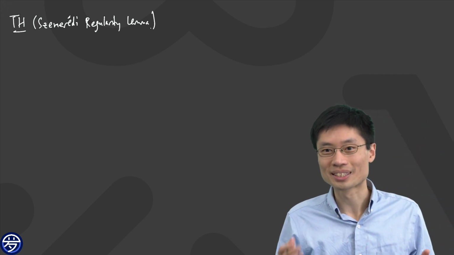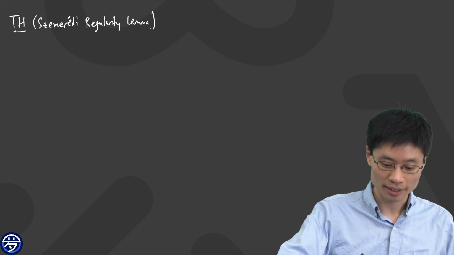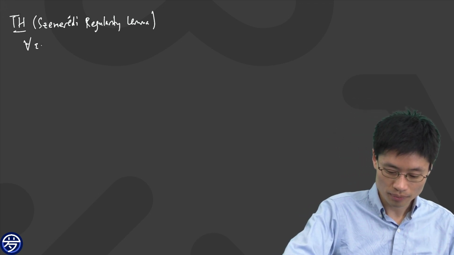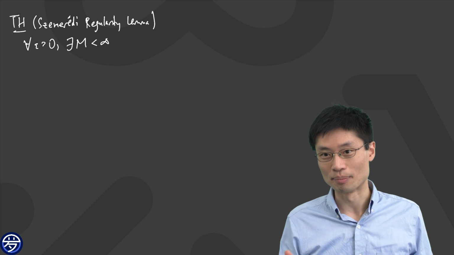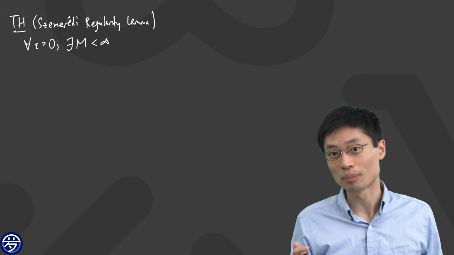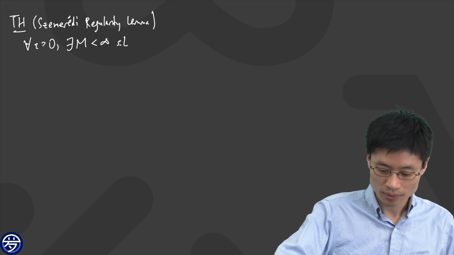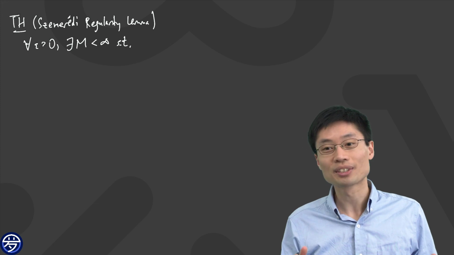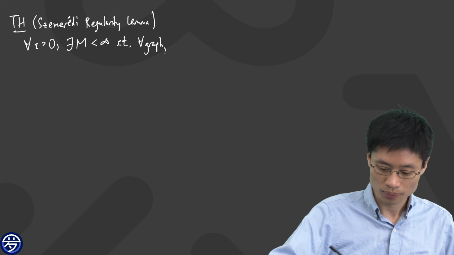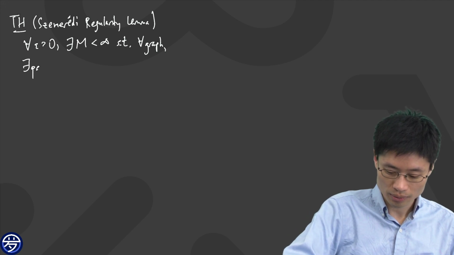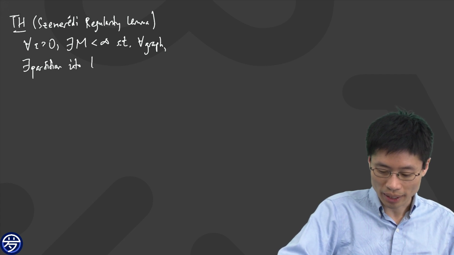And I know it's been a long time since I actually wrote this thing down, so I'm going to state it again. It always starts by saying for every epsilon bigger than 0, there exists an M. And the important thing about the M is it's some finite number. And this is going to control the complexity of the object that I might get. So for every epsilon, there's some M, such that, now the interesting thing is the following result is true for any graph. So for any graph, there exists a partition into t parts